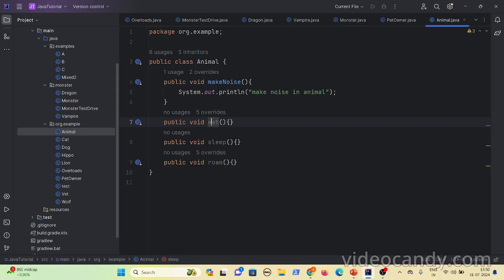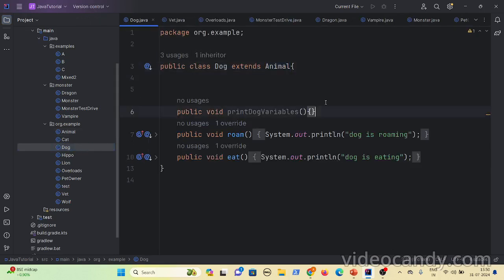Next, for eat: first it goes to the dog and searches for the eat implementation. There is an eat implementation, so this gets invoked. The implementation present in the child classes is given the importance. When you draw an inheritance tree, animal comes first and then the dog, so whatever is the lowest implementation is given the importance.